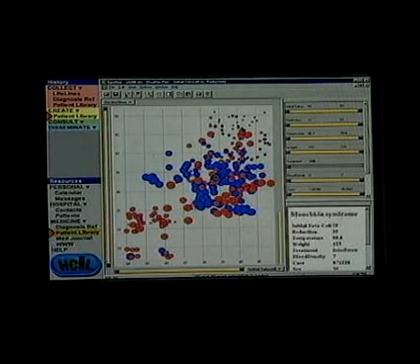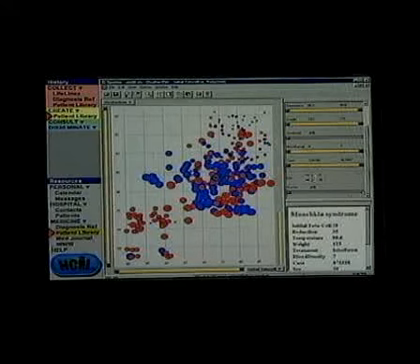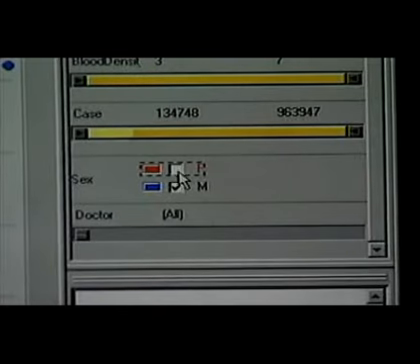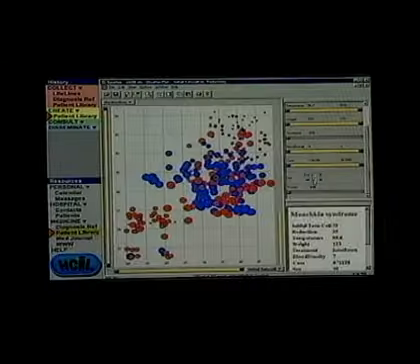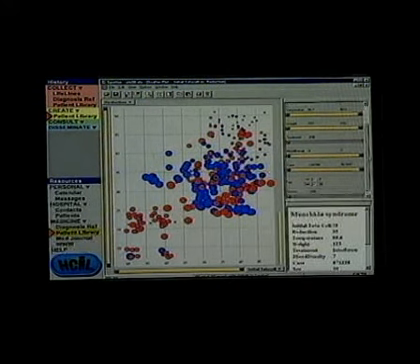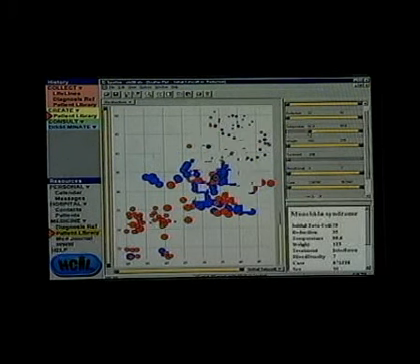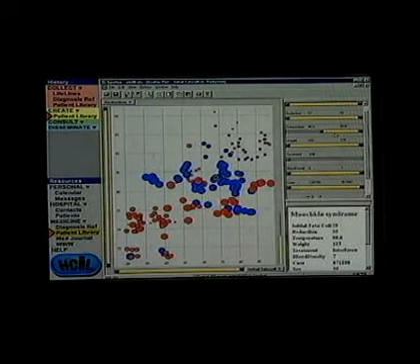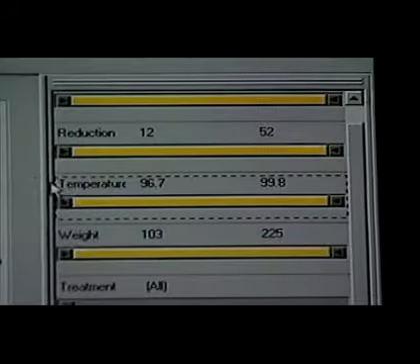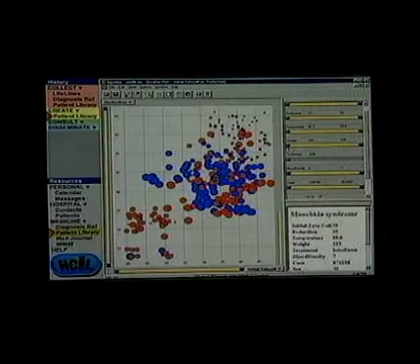And the display uses color coding to show a gender. The female patients are red, the male patients are blue, and he could examine just the male patients or just the female patients, but having the group there seems to be useful. He could look at other parameters of each of the cases and see that there was no particular effect. The body temperature is uniformly distributed, no particular pattern,